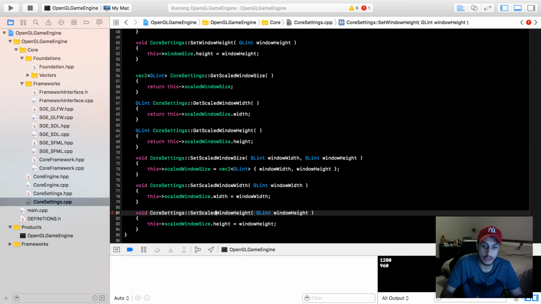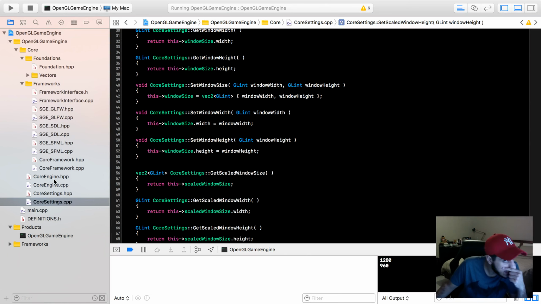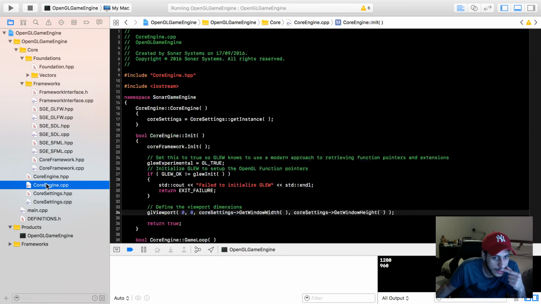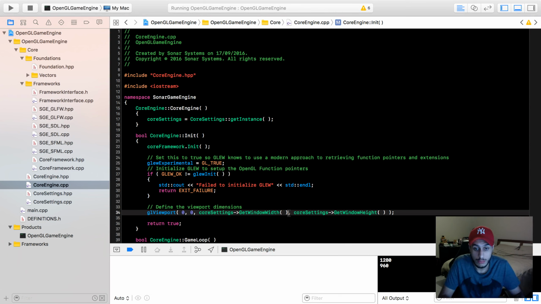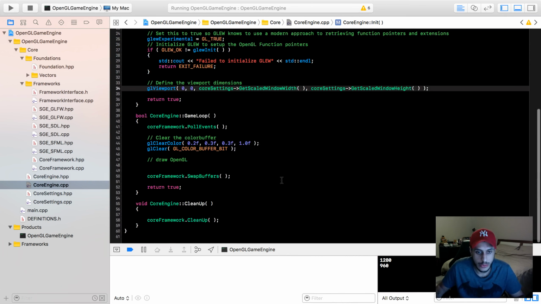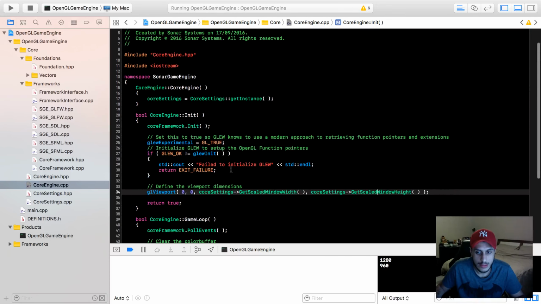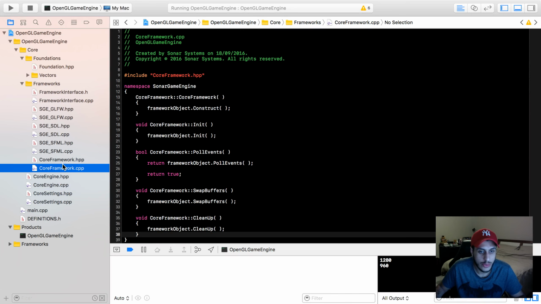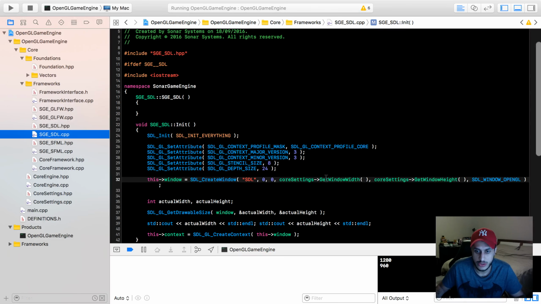So build, so good. And now what we want to do, if we go to the core engine CPP, the core settings, we want to do is get window width, but we want to do the scaled one. That's always, realistically, that's always the one you should be using. Get scaled window width. Get scaled window height. If we go to the core frameworks, SDL. It should be the same. We should always get